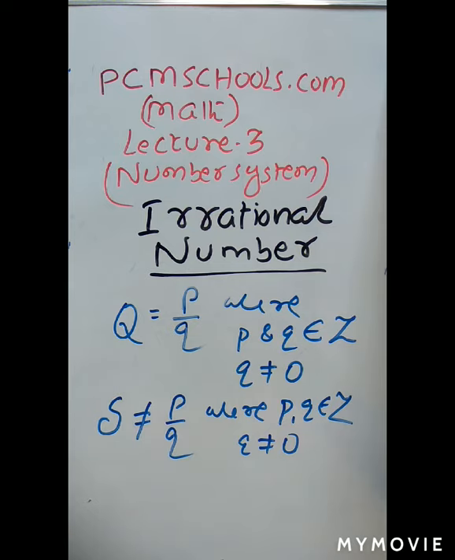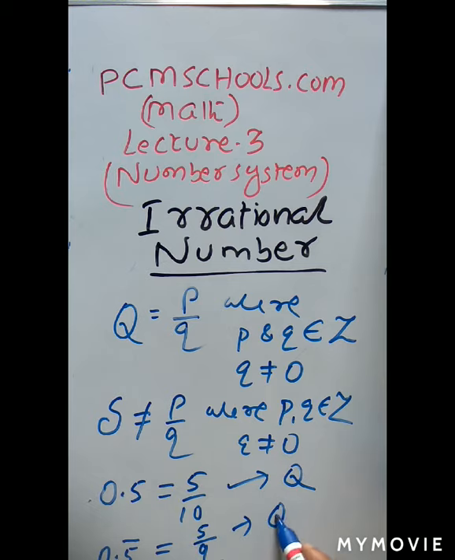So what is an example of an irrational number? Now see, rational numbers we know. Suppose you take a decimal number, 0.5. So 0.5 can be expressed as P by Q, that is 5 by 10. So this is a rational number. Suppose you take 0.5 bar. What does it mean? That means this 5 is continuously repeated, but it is non-terminating. If you express it in the P by Q form, it will be 5 by 9.